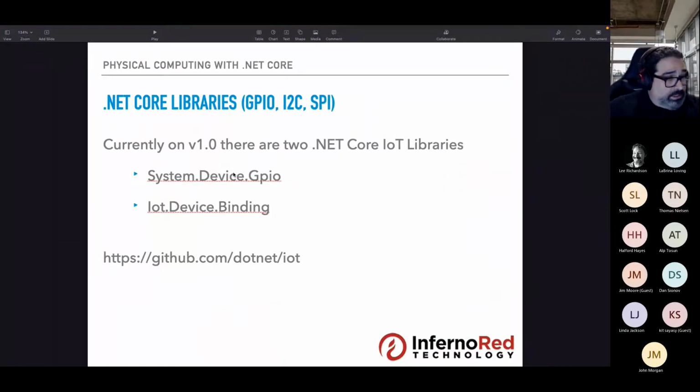So, these .NET Core libraries, where are they? Where do they come from? Microsoft, around, I don't know if you guys are like me, I've lost total track of time over COVID, I believe it was around 3 or 4 years ago, produced what were called the System.Device.Gpio libraries. Now, these libraries are meant to do everything that we had on the previous slide.